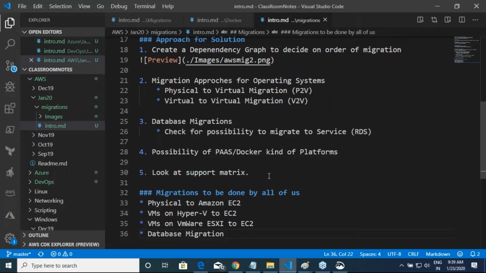I'll take a MySQL or a Postgres, and then we will try to migrate that from whatever source environment to Amazon RDS. Am I clear on that? So these are the migrations which we are going to do. And remember, you should be able to speak about them in your interview, and you should be able to write about this in your resume, right?